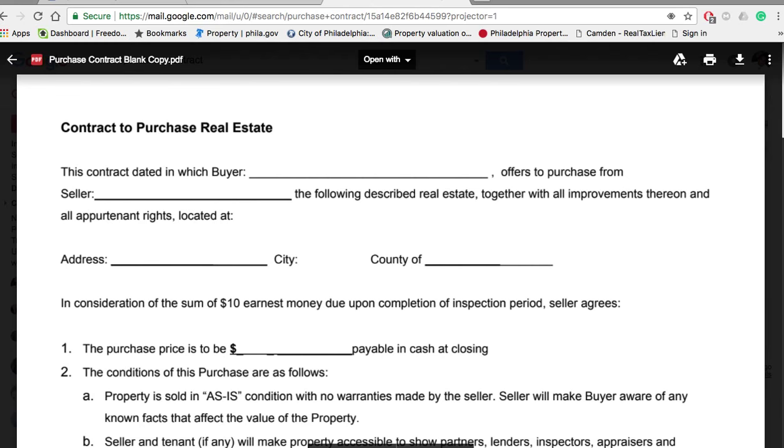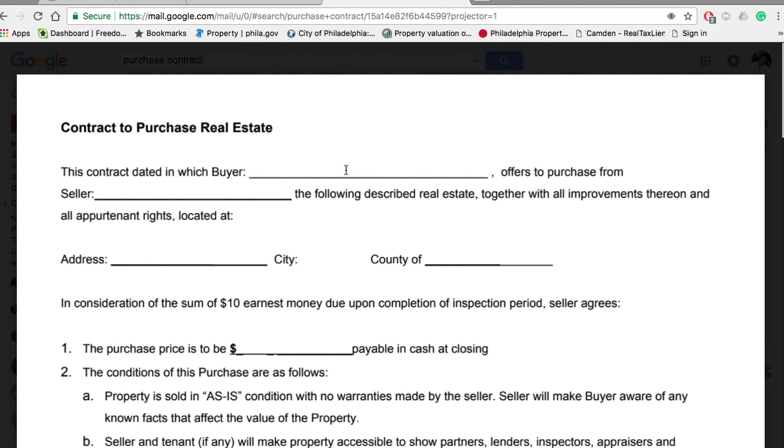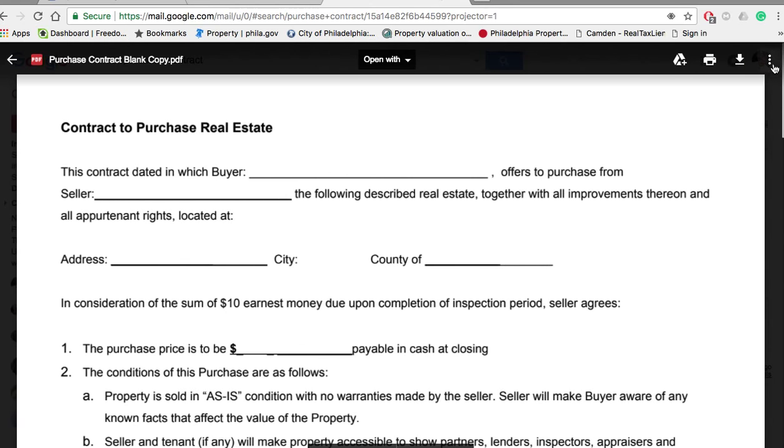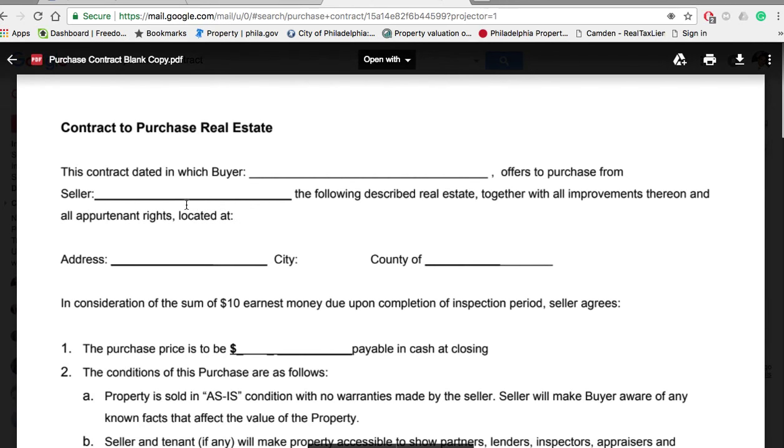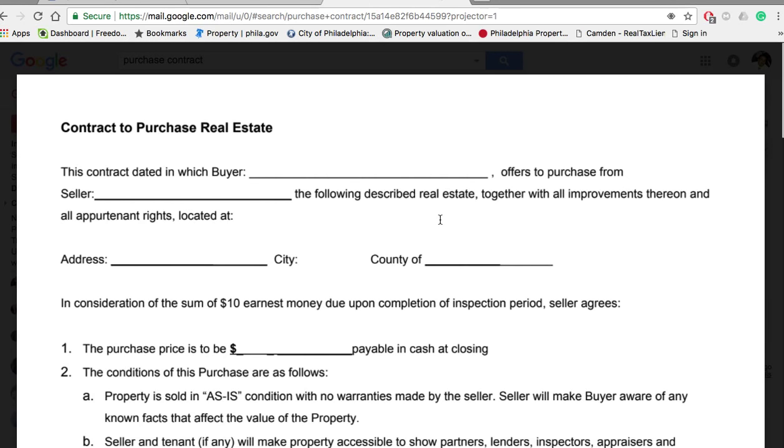So obviously the buyer is going to be you or your company name. Let me see if I can. Yeah, it doesn't let me put the name, but you would put your name here, your company name or your personal name. Offers to purchase from seller, Mr. Jones, the following described real estate together with all improvements thereon and all pertinent rights located at 123 Main Street, City, County. Okay? In consideration of the sum of $10, earnest money deposit due upon completion of inspection period, the seller